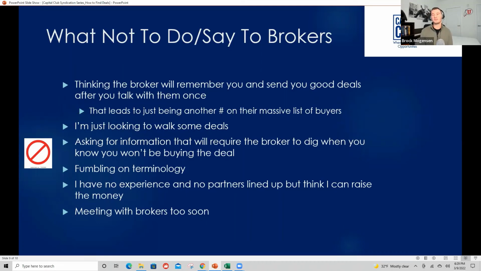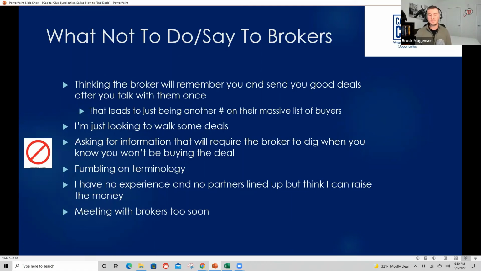And the broker, maybe they don't have it on hand, and they have to spend 30, 40, whatever amount of time digging up this information to send to you. If you're not going to buy the deal, or you're not even slightly thinking about buying it, don't waste the broker's time. If they do all this work and you just reply, hey, never mind, the deal's too small, that's not going to go over well. This is all basic stuff, but it's all stuff I did in the beginning that, looking back, probably put a dent in the relationship.